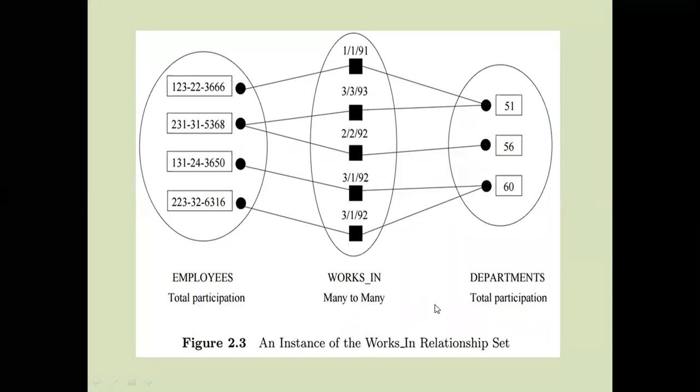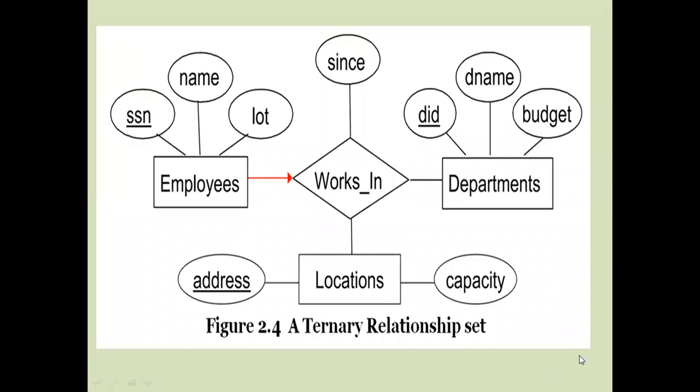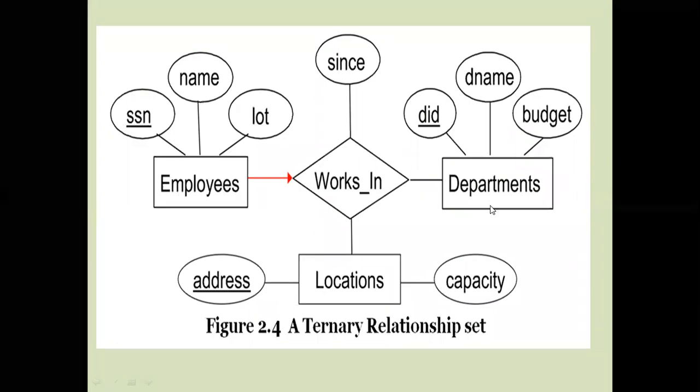And we will discuss the second one, the ternary relationship. Up to now, the first one is the key attribute, the second one is the relationship instance, and the third one is the ternary relationship. Ternary relationship means we consider three entities with the relationship set. This is the same diagram, but here we consider another entity. For example, an employee works in different locations in a particular department from a particular time to a time. That type of information is also recorded in the since.